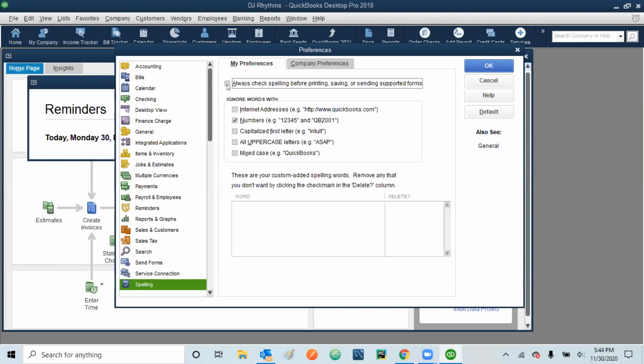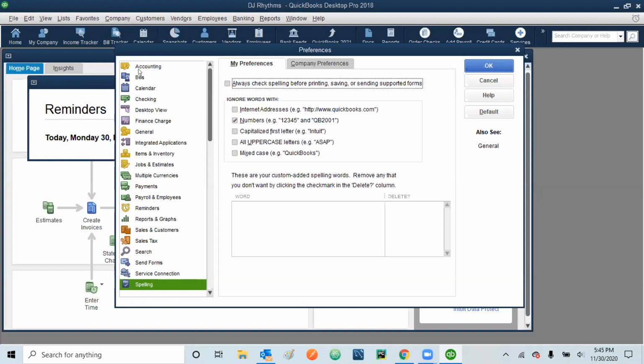If you check something, it means whatever is written here will work that way. If you uncheck it, that thing will not happen. Here it says always check spelling, so if you check it, it will start checking. Whatever is mentioned here, if you check it, it will perform that job. If you uncheck it, it will not perform that job. So right now, as per the exercise, we want to uncheck it so that spell check is off. So right now we have turned it off.